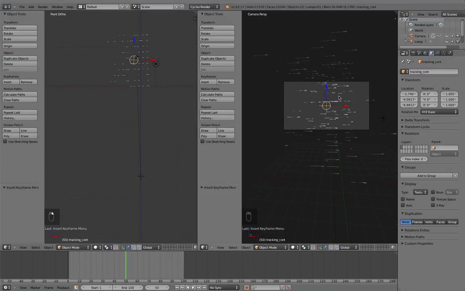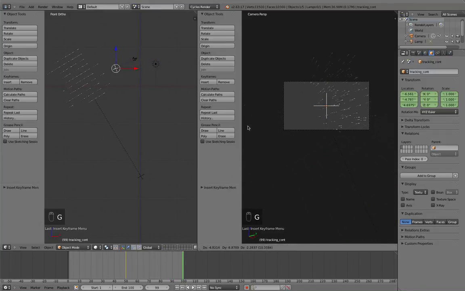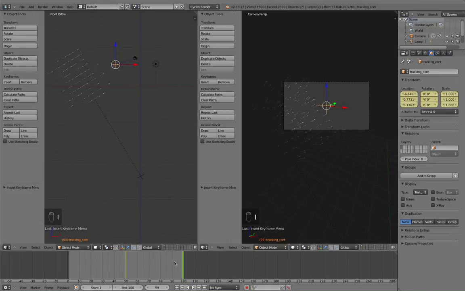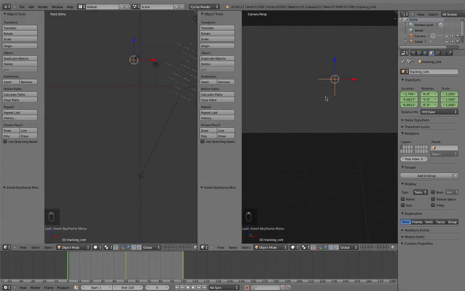I'm going to select our empty and then do a location rotation scale, and then I'm going to go to the end of the animation, and I'm just going to grab our empty now and do another location rotation scale. So that's just given us a bit of camera movement in there as well. So if we move to the beginning and